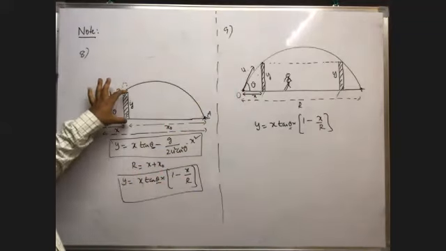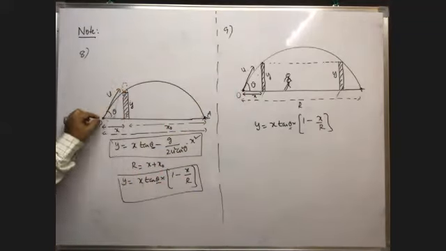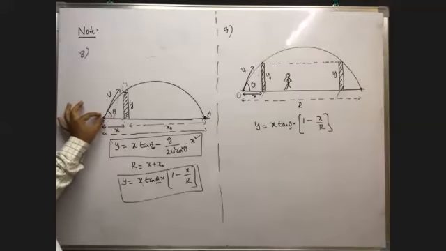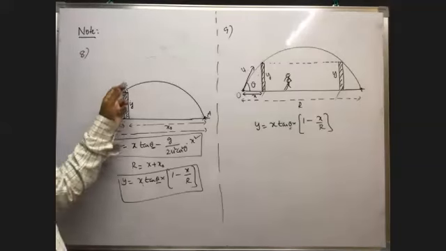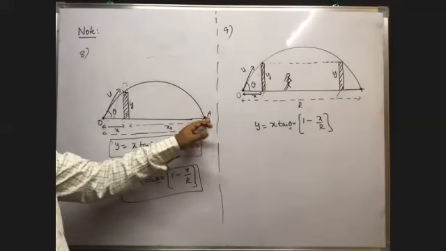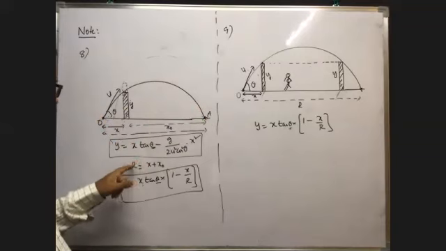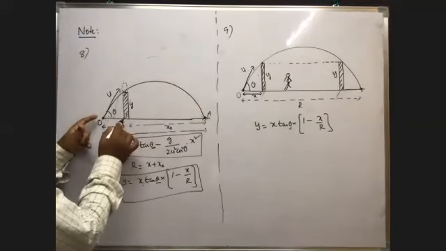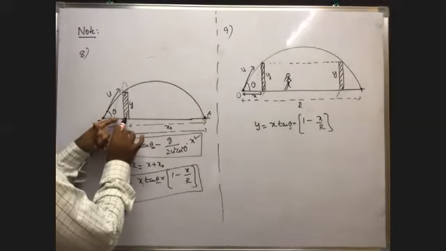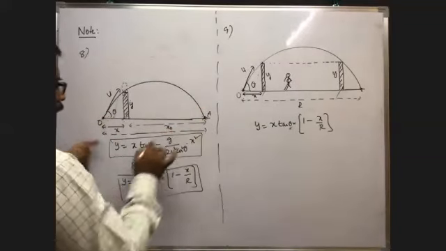There is a wall. Behind the wall at a distance x, we have to throw the ball so that it just clears the wall and reaches the other person. The distance of that person from you is the range, which is equal to R. That is equal to your distance from the wall plus your friend's distance from the wall, x naught. The sum of these two is the range.